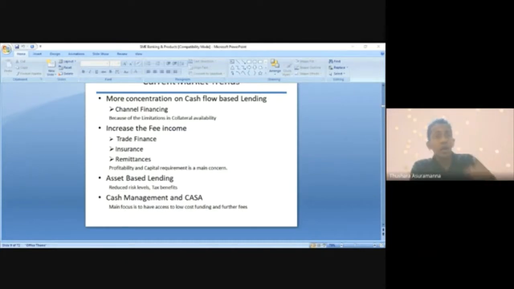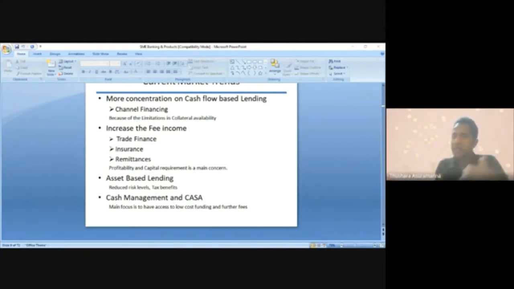Why? Finally, 70 to 80% of your decision is based on what type of asset you are financing, which country of origin, right? What's the value of that particular asset? And based on that, that's where LTV and everything has come up. But still, yes, we need to know how he's going to repay. So that's why we bring cash flow based lending into this. That's why we are comparing the DSCR for the particular individual, particular business, how they are going to repay.